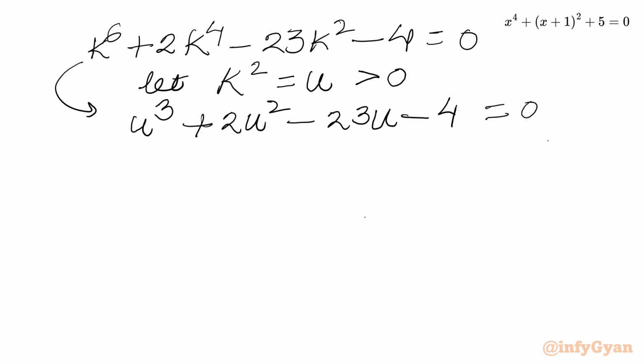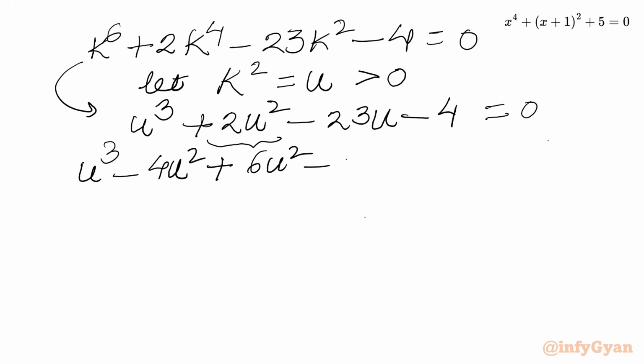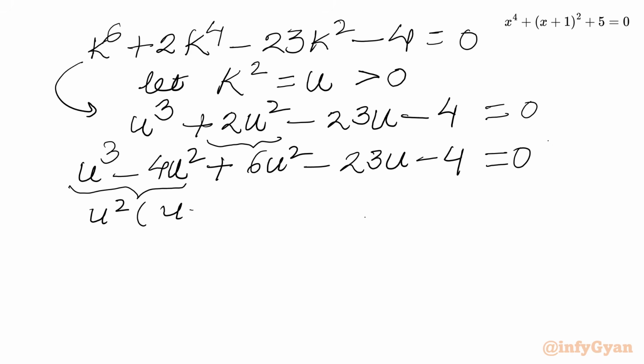Now the equation is cubic. We can use the method of factorization. So we will split 2u square. We can write u cube, 2u square can be written as minus 4u square plus 6u square. Then we have minus 23u minus 4 equal to 0. From the first two terms we can take u square common, so in the bracket there would be u minus 4. From the next three terms, if we factorize, we are going to get u minus 4 times 6u plus 1